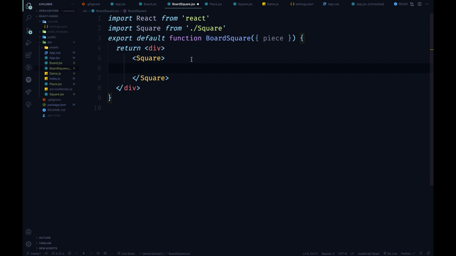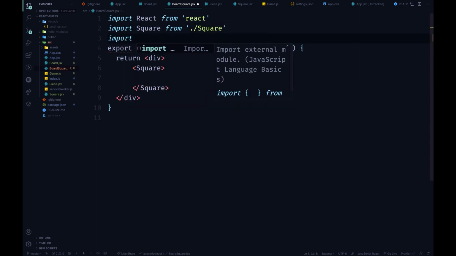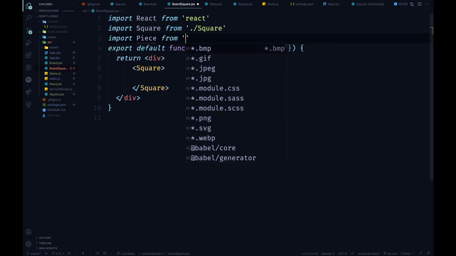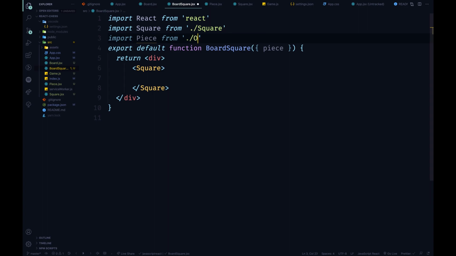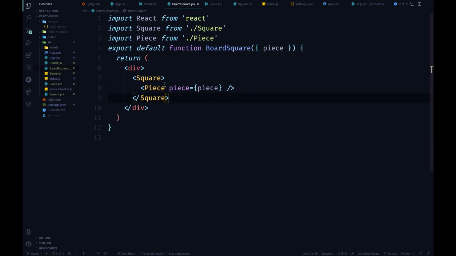We have it there, and let's import that piece from piece, and we are going to pass the piece property to the child. Okay, we have that set up, but